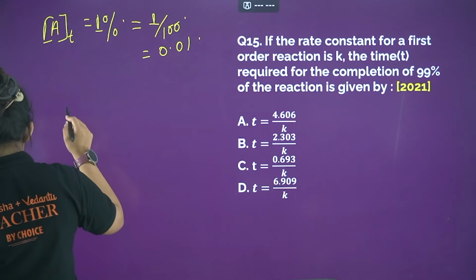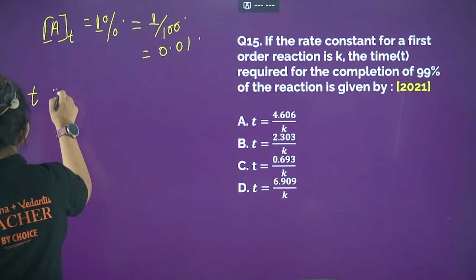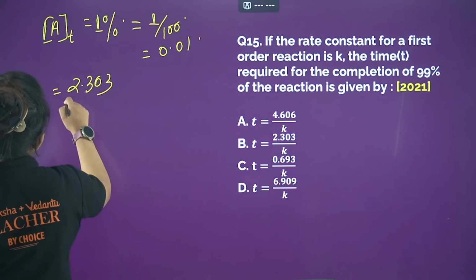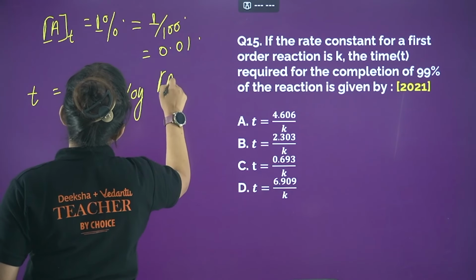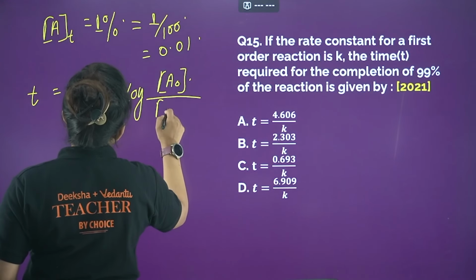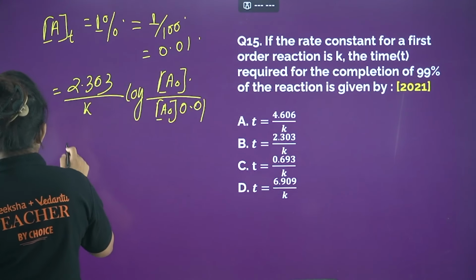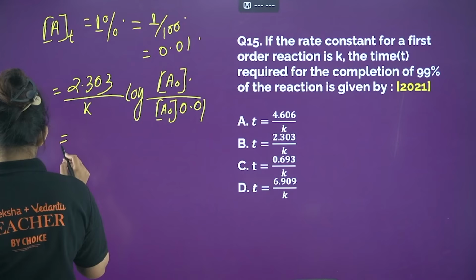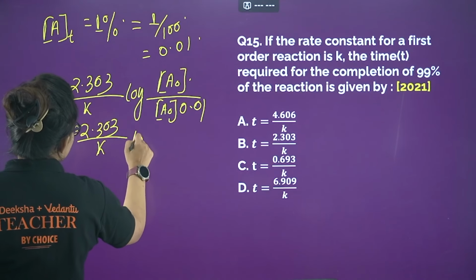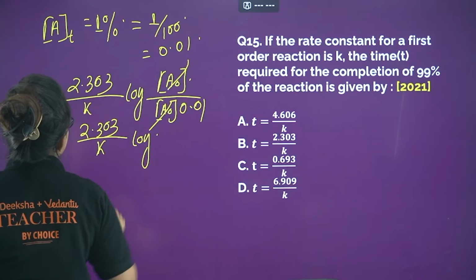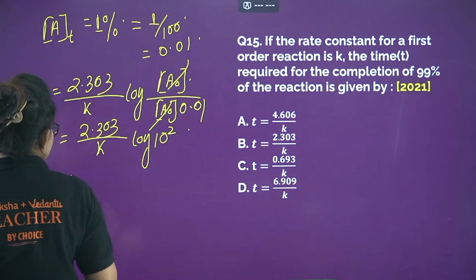0.01. Now simply put it into the first order integrated rate law equation, that is 2.303 divided by K into log A0 by At. What is At? A0 into 0.01. So now if you put the value over there, 2.303 divided by K into log, A0 will be cancelled out, this will go up, hence 10 square, and from here you are getting